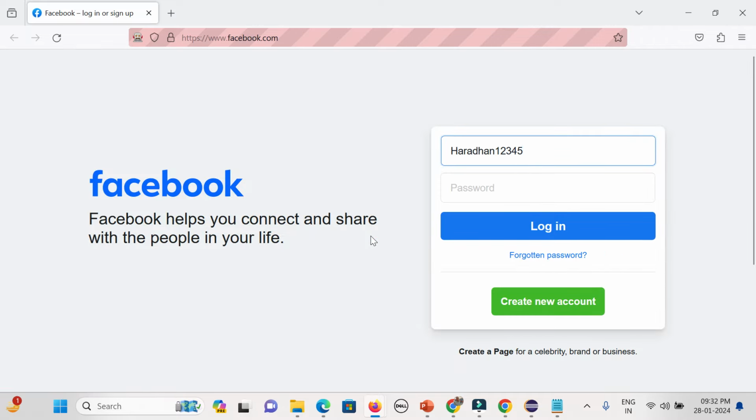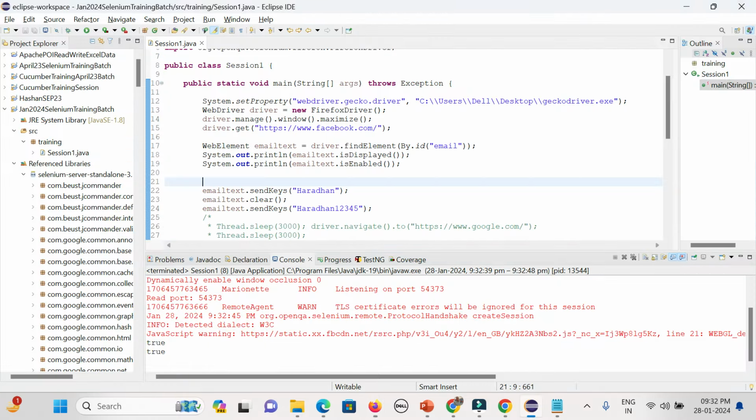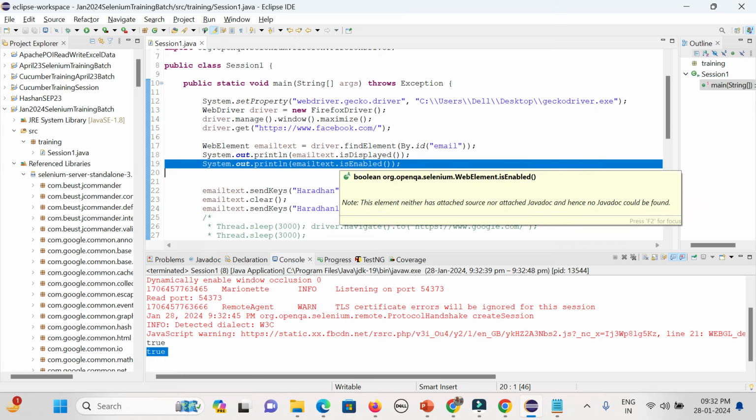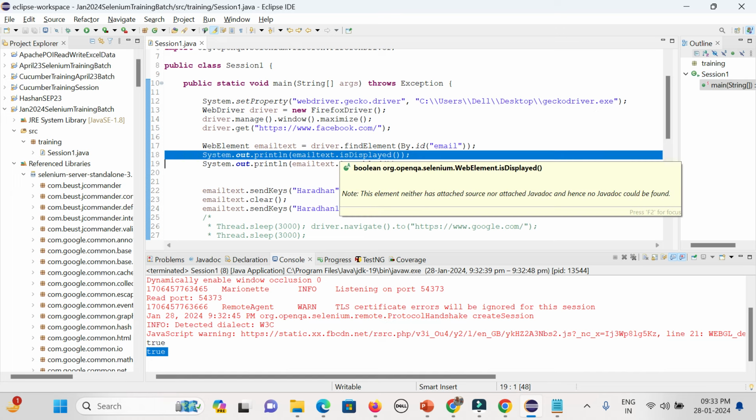You can check whether it is true or not without doing any manual inspection. You could see this coming as true, this coming as true. First is displayed, this is enabled, then I can add the value in that particular text field in case it's enabled and displayed. Otherwise, my test case will fail here only because the field is not displayed at all. So I'll log the defect that the field is not displayed. If the field is displayed but not enabled, definitely you cannot add the value then. So you will log the defect accordingly.